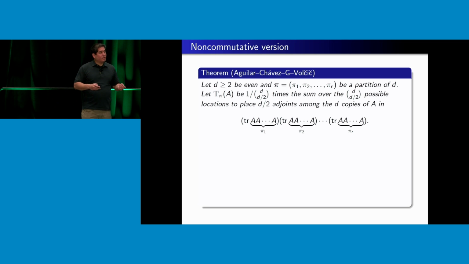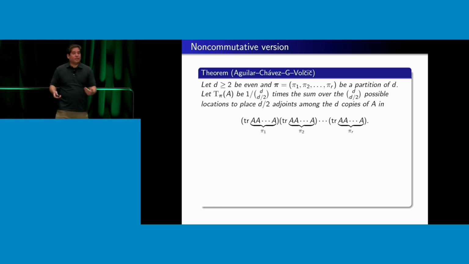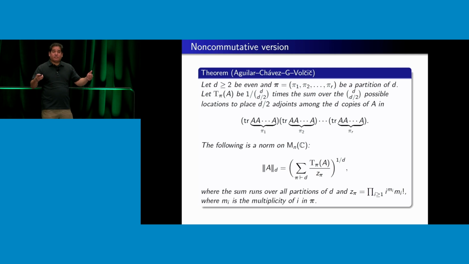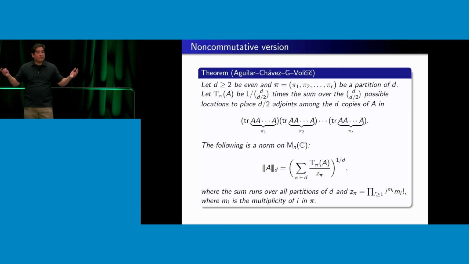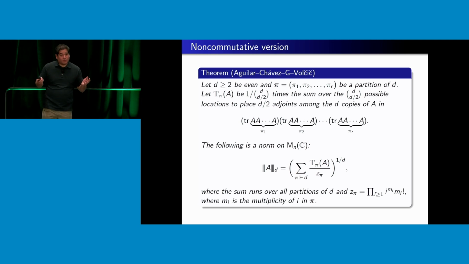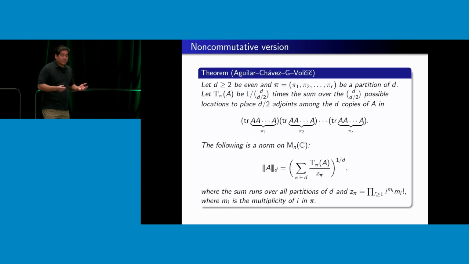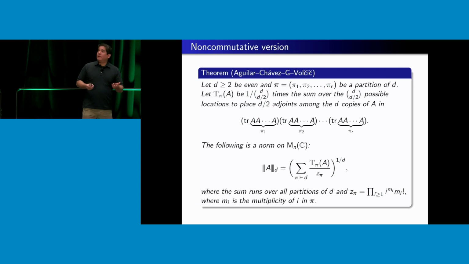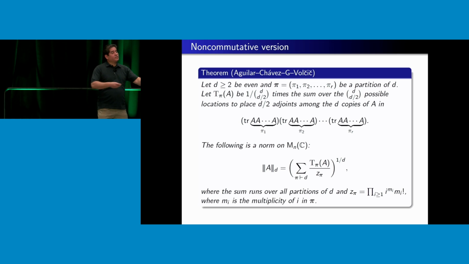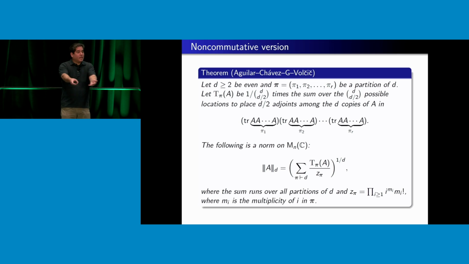So the moral of the story: if you do all this partition combinatorics and trace polynomial stuff, you get a norm, not on the Hermitian matrices, but more interestingly, on all complex matrices. And I think it's pretty interesting that that thing happens to be a norm, meaning it satisfies the triangle inequality, and it works for all complex matrices. And its origins, wait a second, that had to do with McNuggets way back then, and symmetric functions. You know, it's a wild ride to get to here, right?